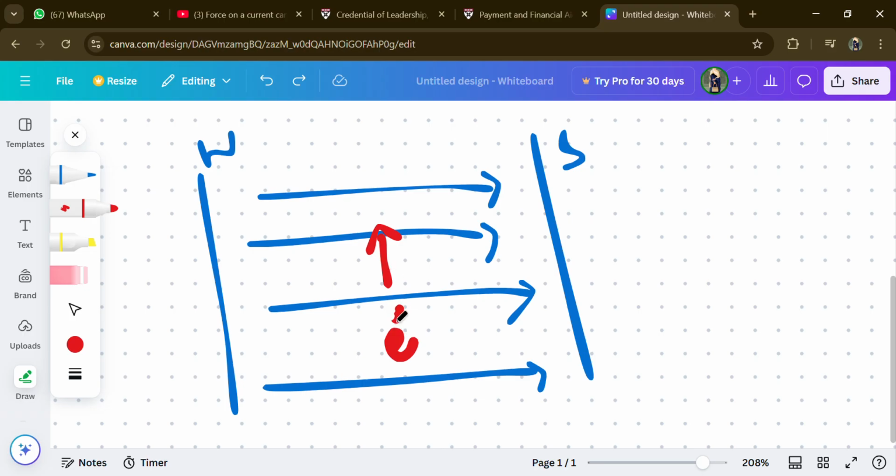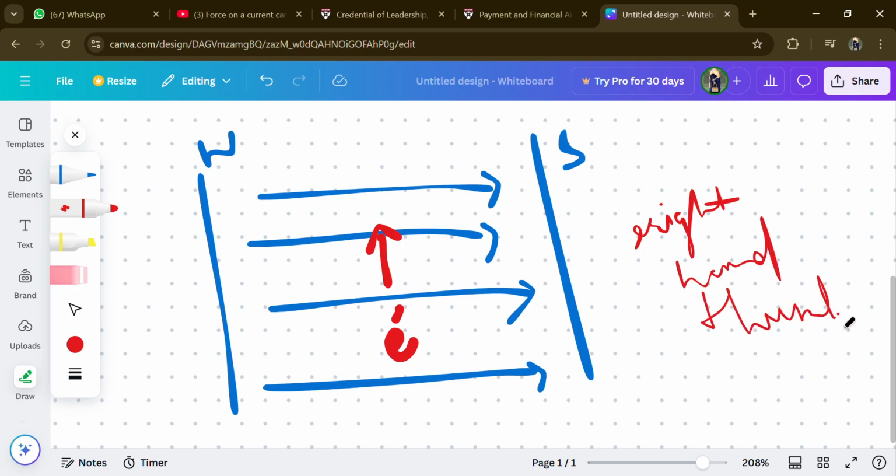The velocity is this side. So according to the right hand thumb rule, if we want to know the direction of force... for the negative charge, it becomes the left hand rule. So we'll apply the left hand rule